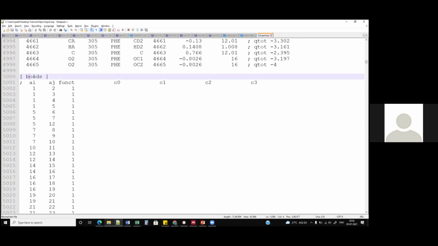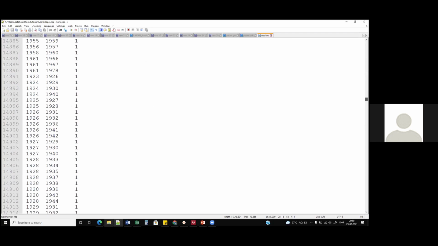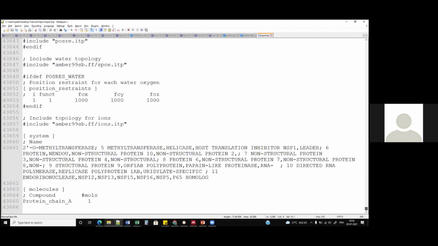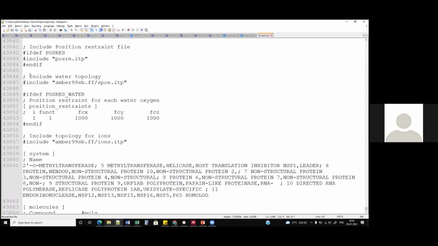Okay, this is the bond information. So we're not going into this file format right now. Just keep this information, then there would be bond angle information and many other information. If you go to the end of the file, it says include data topology. So we have used the SPC model. Now all this topological information and the required model information are stored in a file which we are just right now importing over here.